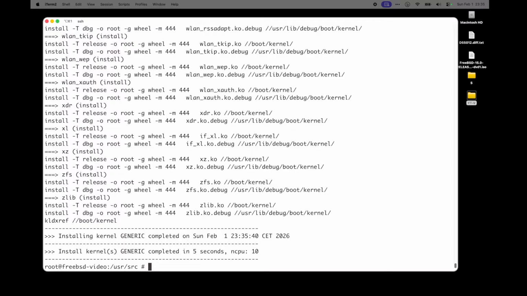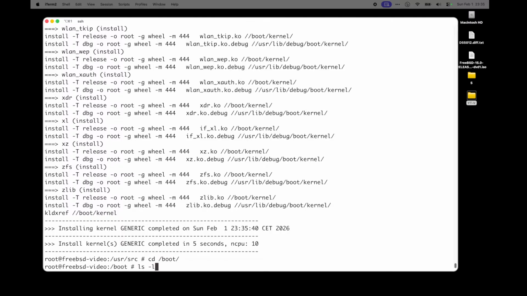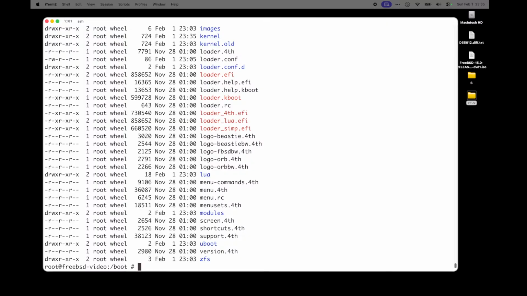All right. So this is now under /boot/kernel. Let's have a look at ls of /boot. And you see here there is a kernel. This is the new one, and there is the kernel.old. So if we want to boot the system and for whatever reason the new kernel did not work out very well, we can still go to the kernel.old in the boot prompt. Okay,